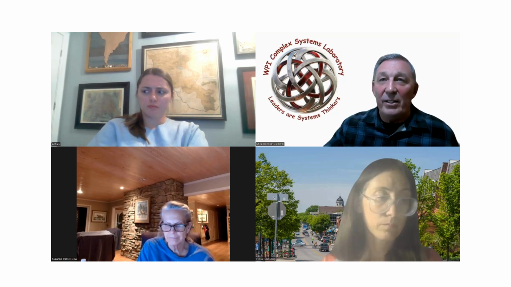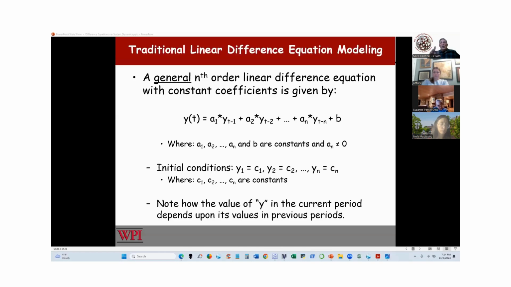All right, so we continue then. So this is a bunch of hoochie coo about how you do traditional difference equation modeling, discrete time modeling that they do in economics. Don't worry about the details here, other than to note that what it boils down to is